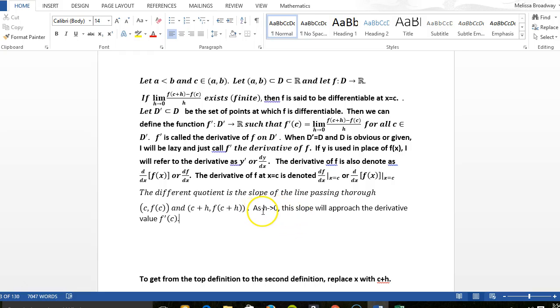And this line right here has a name. I'm going to insert this word, called the secant. It's an adjective, the secant line. So the line passing through these two points is a secant line, and there are infinitely many secant lines, of course, since you can change points. As h approaches 0, actually there's something else that happens. Our tangent line, or excuse me, not tangent line, our secant line